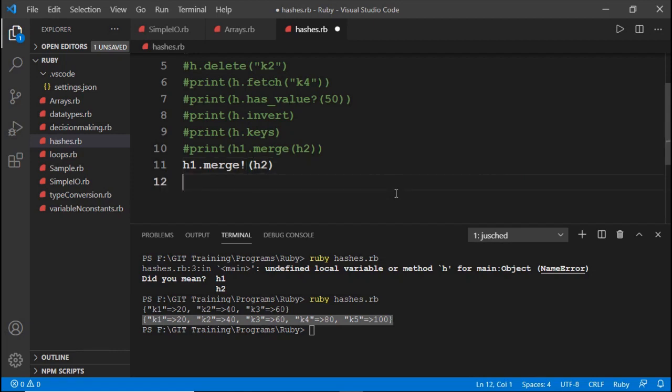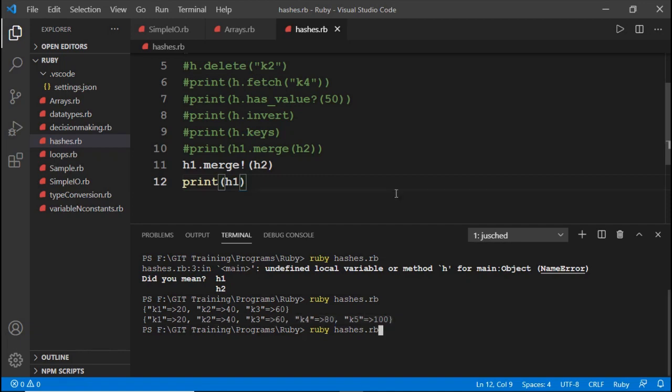Now if you want to print the combined hashes, you just print h1. No need to print the entire h1 dot merge exclamation of h2.